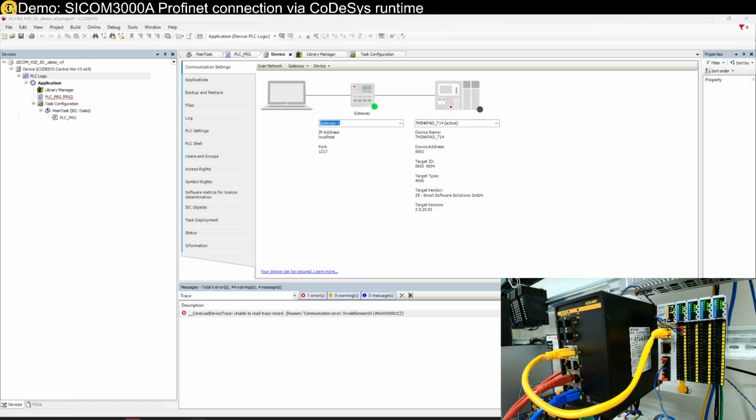This is a demo video on SICOM3000 Profinet connection using CoDeSys runtime. Over here is a CoDeSys runtime. I already opened up the CoDeSys. What I'm going to do is, if you take a look at the video, let me put a